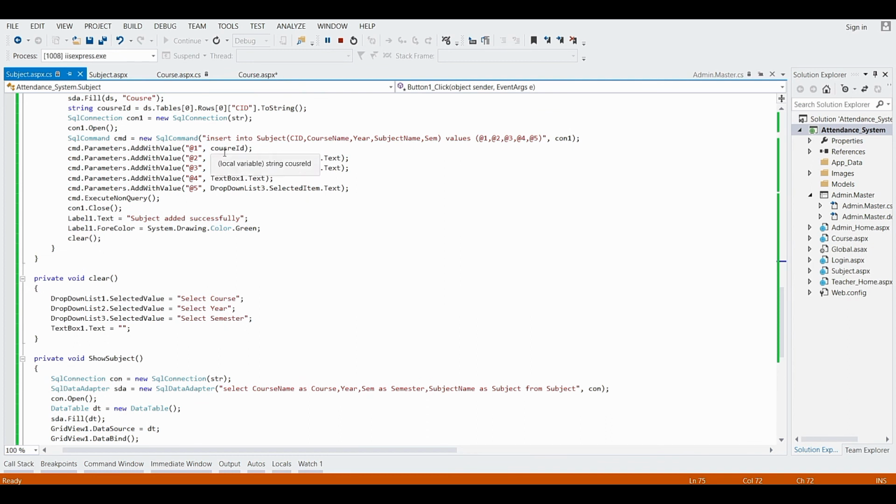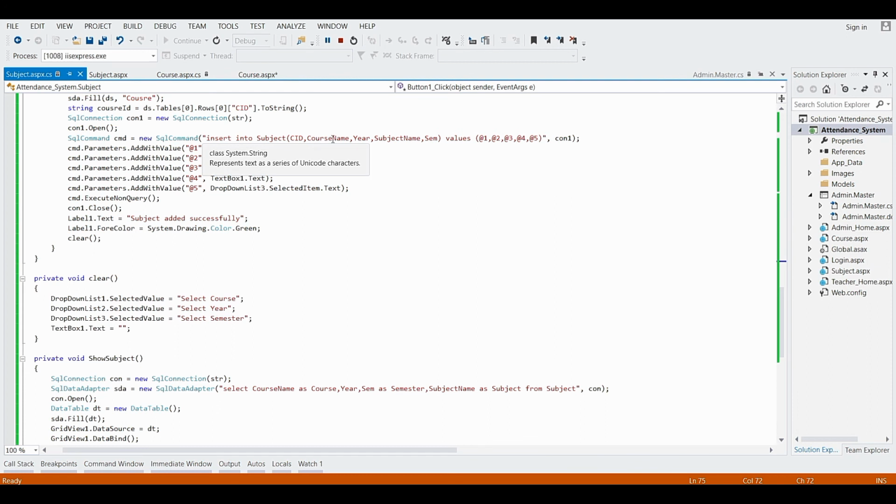At 1 I have given the course ID for the course ID column. At 2, for the second column, I have given the selected item of drop down list 1, the selected value, which is going to be stored for the course name.